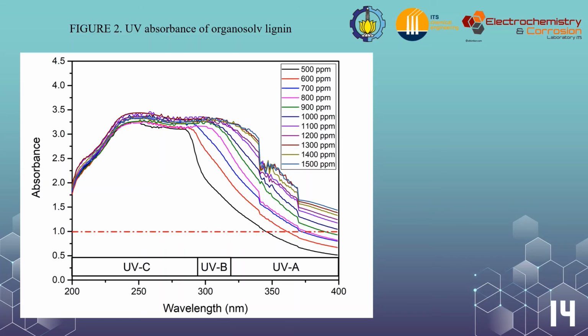The results of UV spectrophotometry analysis of Organosolv lignin solution with various concentrations are shown in Figure 2. The wavelengths studied were UVC at wavelength 200 until 290 nanometers, UVB at wavelength 290 until 320 nanometers, and UVA at wavelength 320 until 400 nanometers. From Figure 2, it can be seen that for UVC, the UV absorbance value increased with